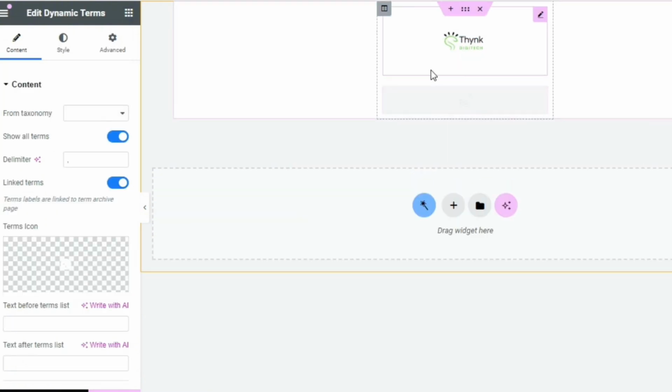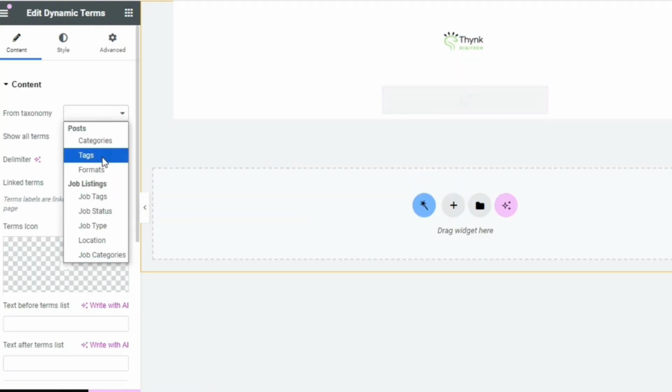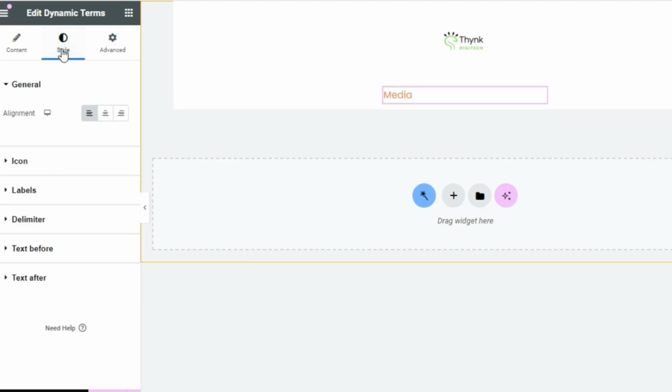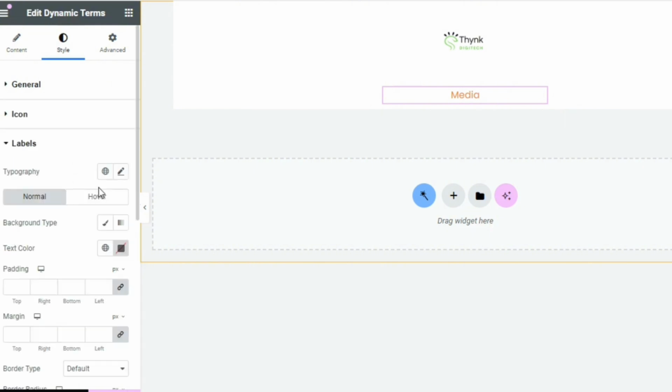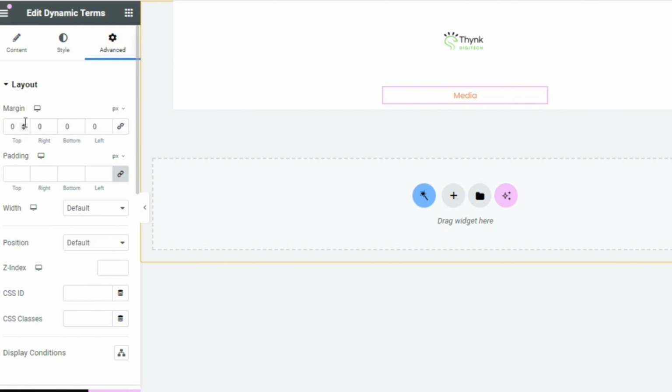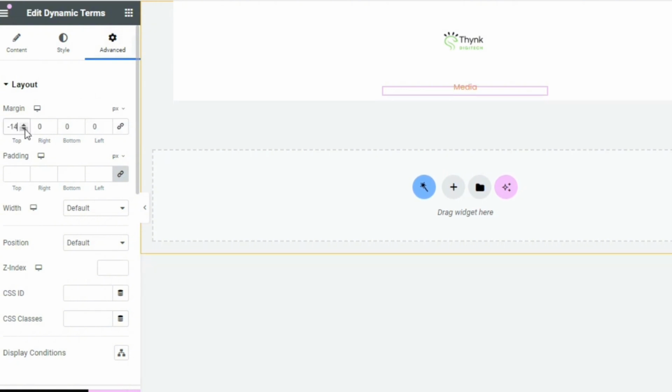Put it underneath the image. The dynamic terms here is going to be job categories. Now I'm going to style it, align it to the middle, come to the labels, give it a typography of 12. 12 is okay. Let's use 13. I'm going to come to advanced, give it a negative margin of 15. Then next, I'm going to bring in